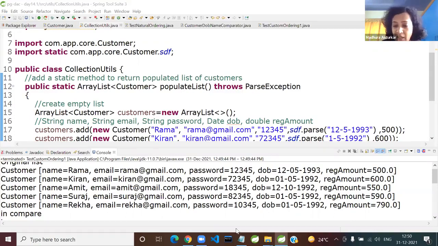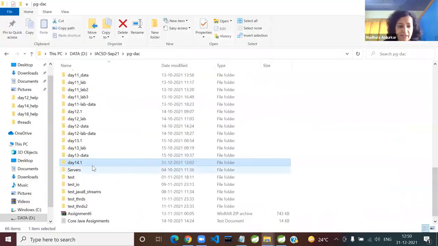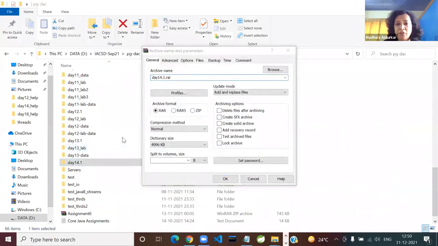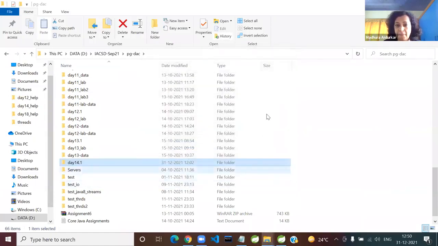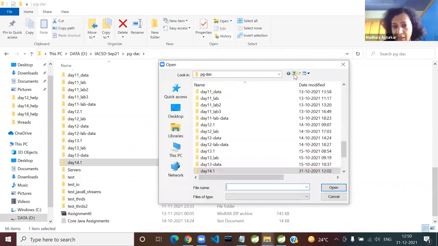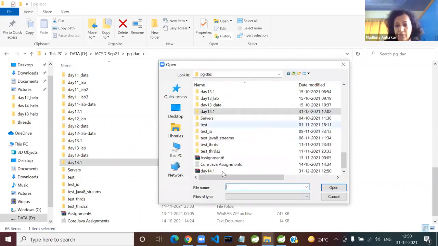I'll make another zip for you and send it in case anyone requires. If you've already done it on your own, ignore what I'm sending you, please. But in case you did not complete it, something in between, you can refer to this.